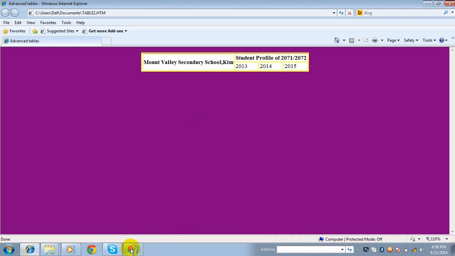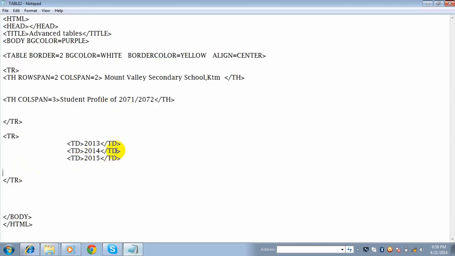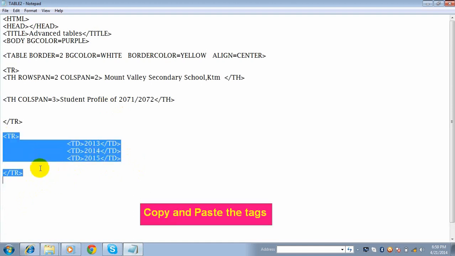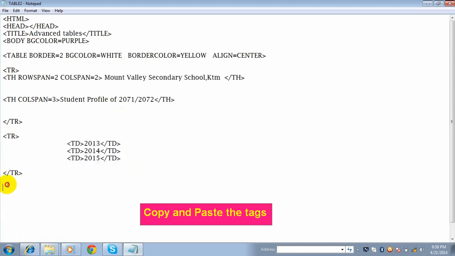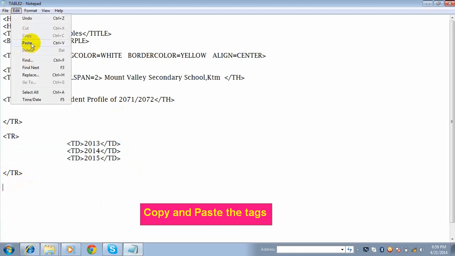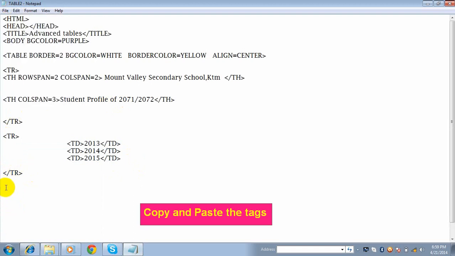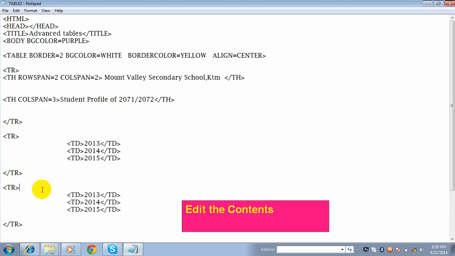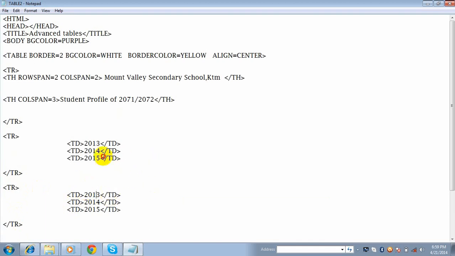Go to text editor. Now we have already known the method. Just copy the content, copy the tags, paste. You can directly click on edit menu, click on paste, or you can directly press Ctrl plus V also. Now I am going to press Ctrl and V. See, the same data has been copied. Now I have to change the content. This is the title here.